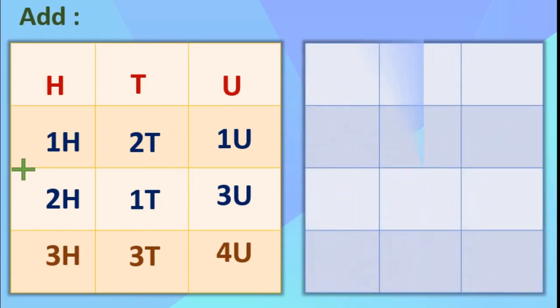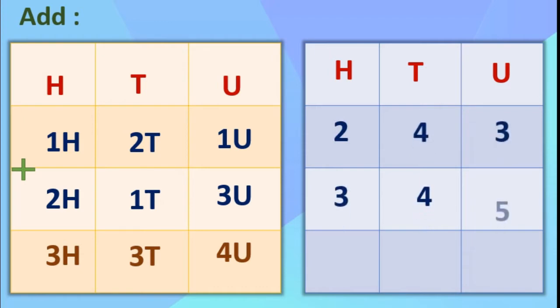This is for revision. One more we will take for revision: units, tens, hundreds. Now here we will write the numbers directly, 243 and 345, and I will give a plus sign here. Now we will add from the unit place: 3 plus 5 is 8, 4 plus 4 is 8, 2 plus 3 is 5. The answer is 588. This we have done in the last lecture, correct?